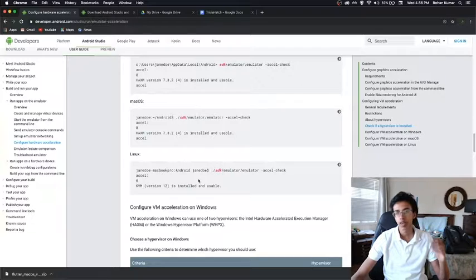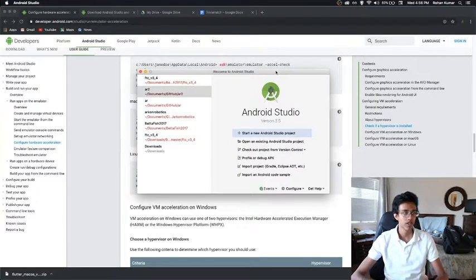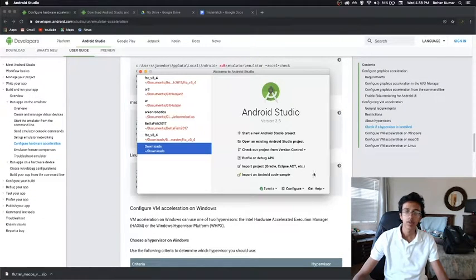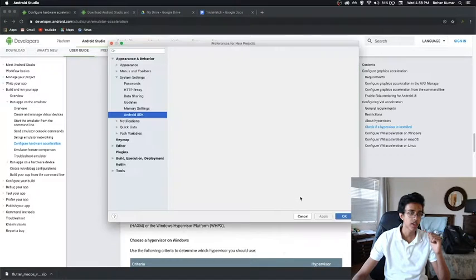So it says to go to my emulator in my SDK. Let's see if we got one. You like all my robotic stuff? Dang. Okay, let's see. Maybe Android Studio could tell us where our SDK is. So let's see. Configure, SDK Manager.